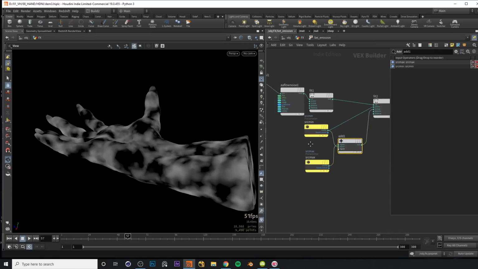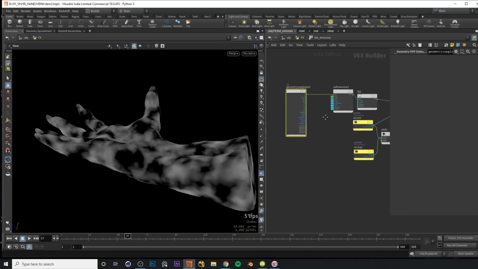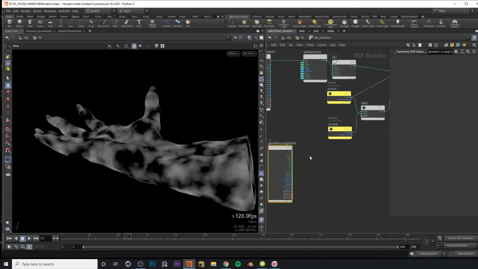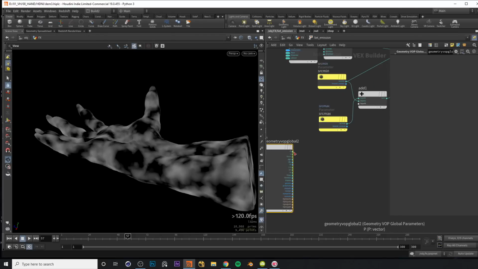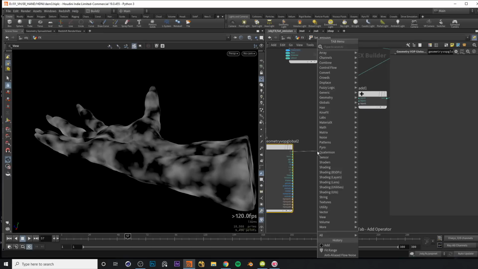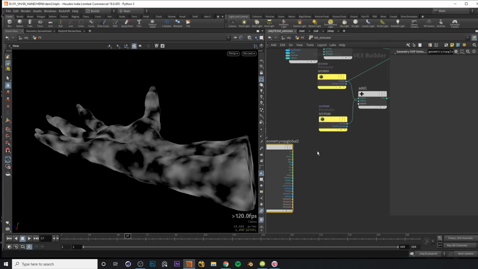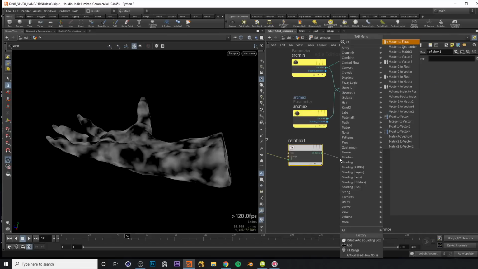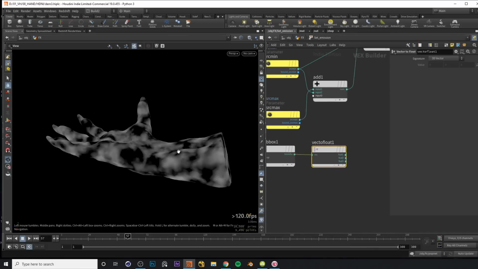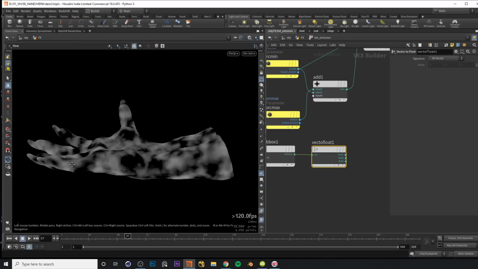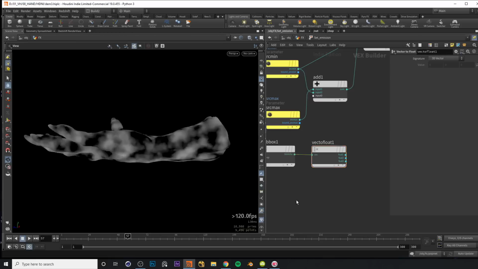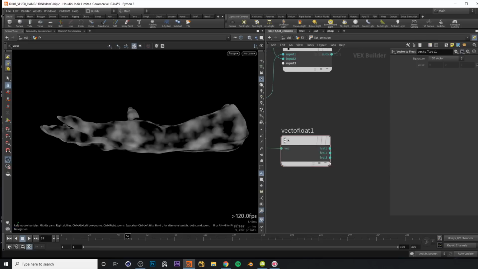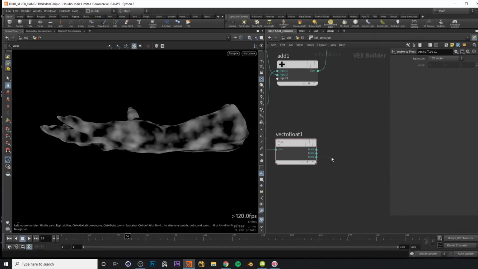So let's go back here, and I'll just hold Alt and drag this over, and we can generate a new node for our geometry global parameters here. And I'll just grab this P value, and let's look for relative to bounding box. Then I can split this into, so if I go vector to float, I can split this in 3 values, and if we look down here at the bottom, we can see that we're looking for the z-axis, which is the third value over here, and I'll just plug this into a ramp